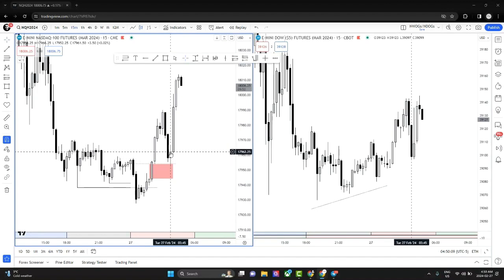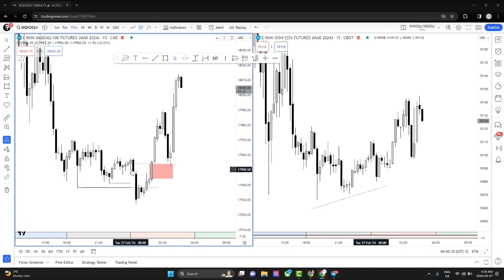Even if price closes here, you could enter on this candle, put your stop below this candle right here. And this is a type of high frequency entry, right? So if you would have bought anywhere here, and put your stop below this fair value gap, because